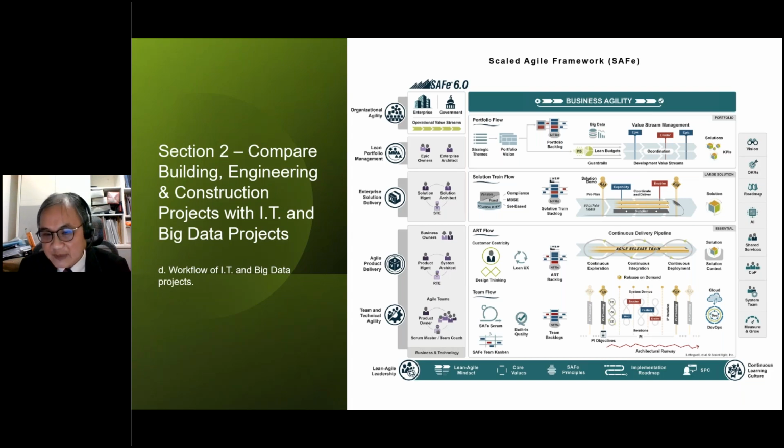We may involve, say, more than 10 or even more than 50 teams to do the IT project or the big data project together. And so at that time, one of the most famous models today is the Scaled Agile Framework.